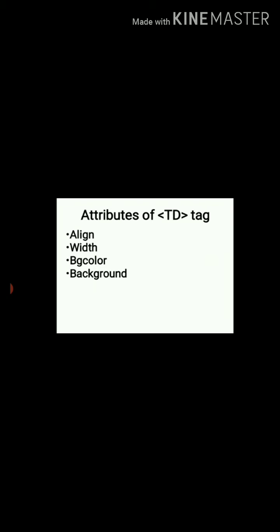These settings change things inside the table. So let's take another attribute, of the TD tag. TD means table data, meaning a particular cell. You can change the attribute align with BG color. If you want to change the color in a particular cell, then you can use BG color.